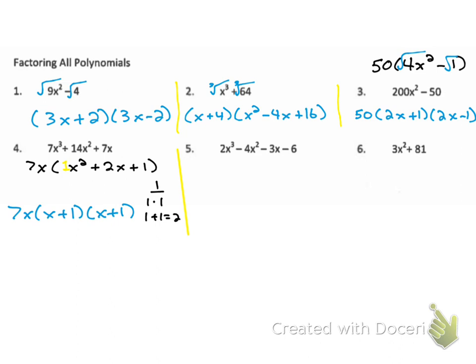Number 5, we have 4 terms. We're going to factor by grouping. GCF of that first group would be 2x squared, which that leaves me with x minus 2. GCF of that second grouping, the leading coefficient there, negative 3. Remember, when it's negative, we got to take out a negative. So we take out a negative 3, which leaves me with x plus 2,